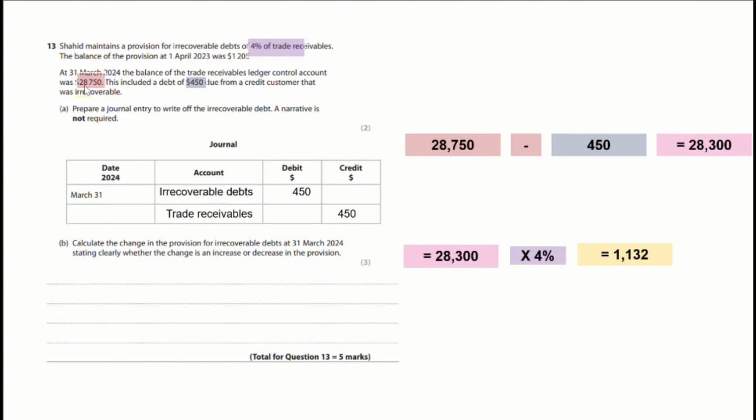As you can see here, the trade receivables are 28,750 and the irrecoverable debt or bad debt is 450. Therefore, the net trade receivables should be 28,300. Calculate 4% of that as provision for irrecoverable debt, which should be 1,132. At the beginning of the year, you had 1205. Now you have 1132. So in that case,